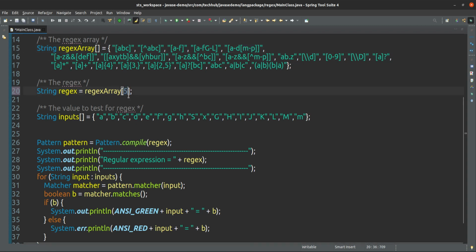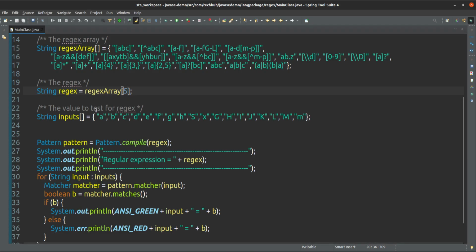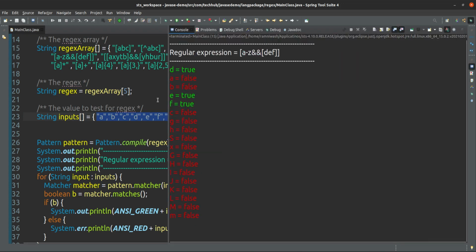Okay, so for the fifth one, any character, suppose I am running this one first and you will see. Any character from A to Z, but it should also be part of D, E, F. From A to Z all 26 characters are coming.